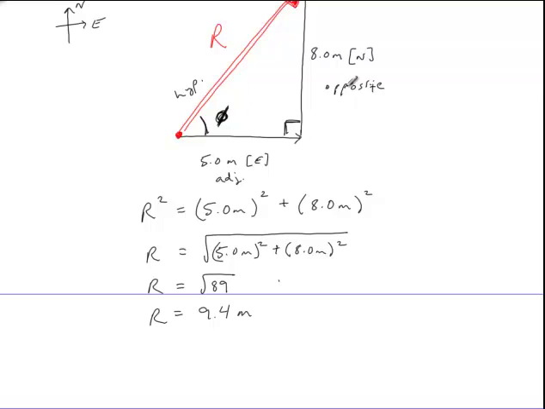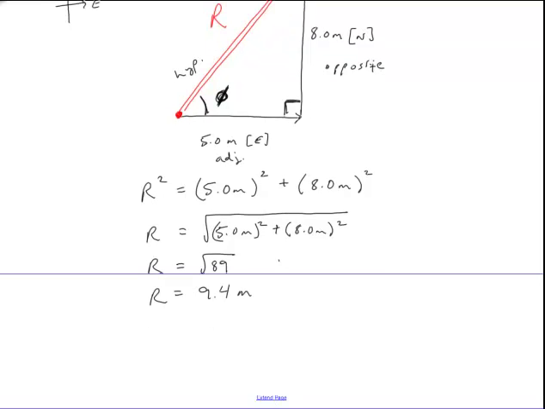So, theta, we have a value for opposite, we have a value for adjacent, we just found the one for hypotenuse. So you could actually go ahead and solve this with either sine, cos, or tan. But it's always best to just use the values that you're given. Okay, so in this case we want to use 8 and 5. That's O and A. So if you remember, that means that tan theta equals opposite over adjacent,